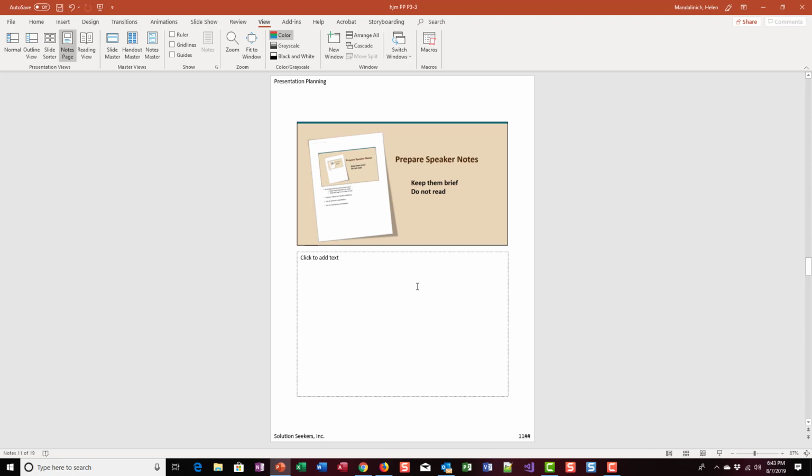Like, okay, we can read. We don't need you to read it to us. The slide should really just be the highlights, the big points, and then you further discuss the topic. And that's where speaker notes can come into play, because you can put pieces of information that you want to make sure that you cover while this slide is on. So we're